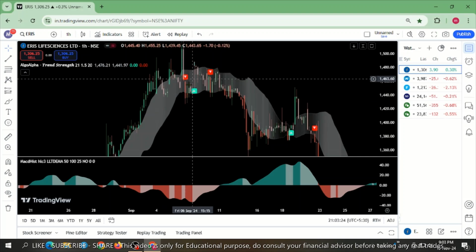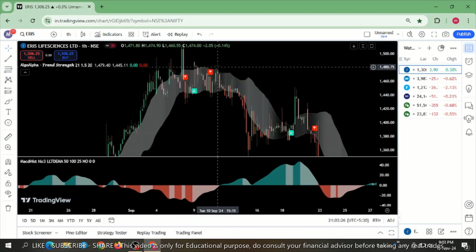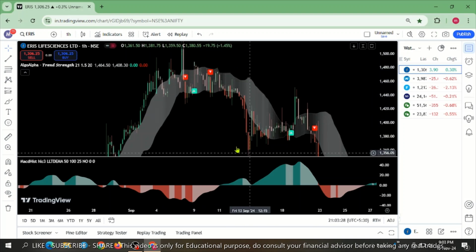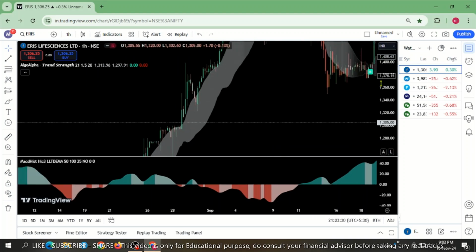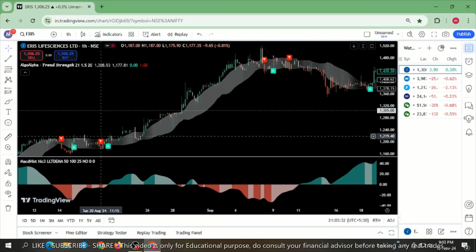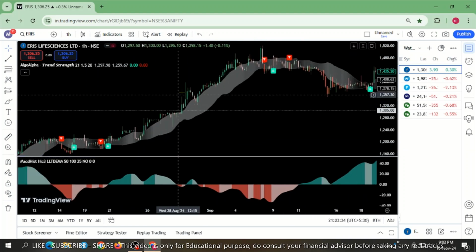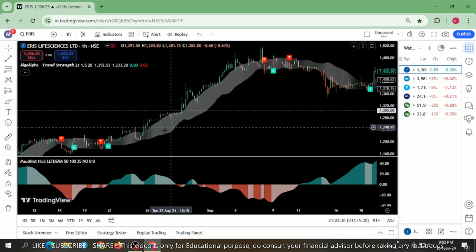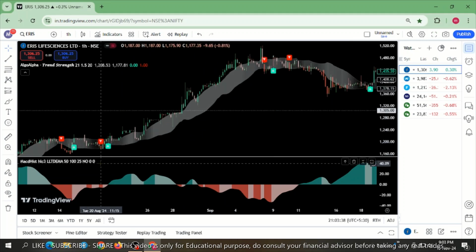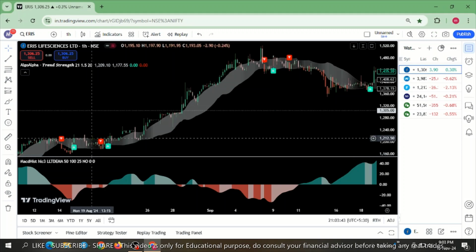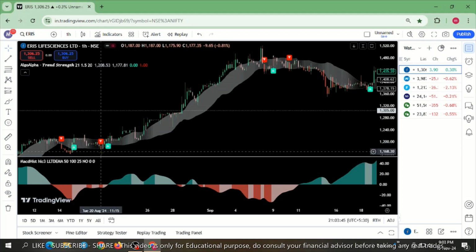Lower high, lower low, lower high, lower low, lower high. Entry. See how good profit you got. These trades will give you such a big profit. The only thing you need to do is wait patiently. As I always suggest, if you get an entry, enter at half of the candle so that you are minimizing your